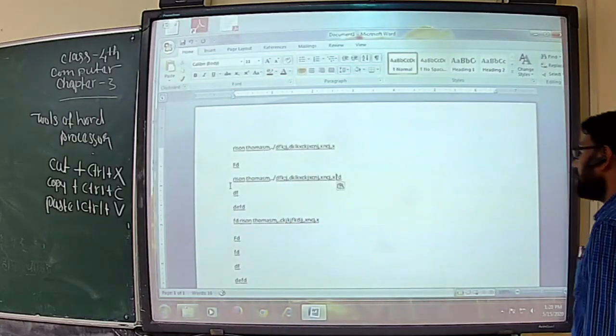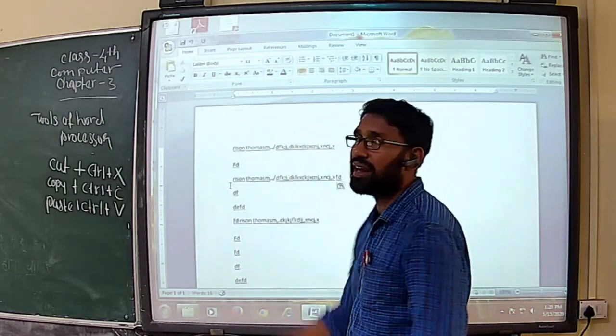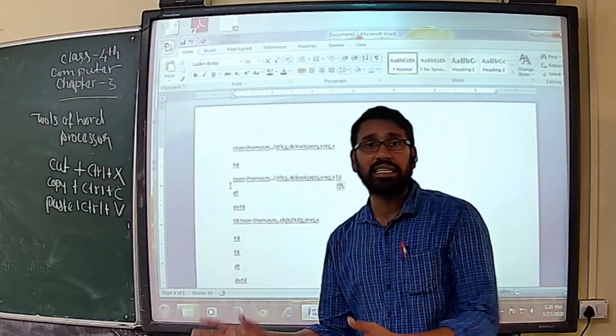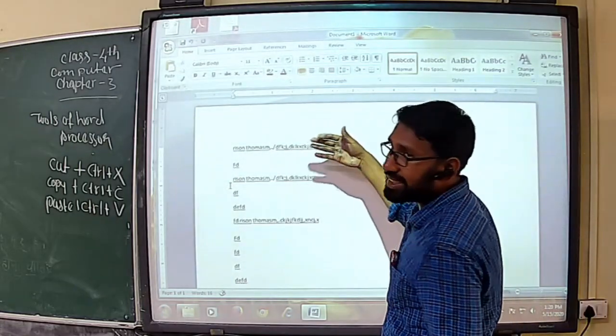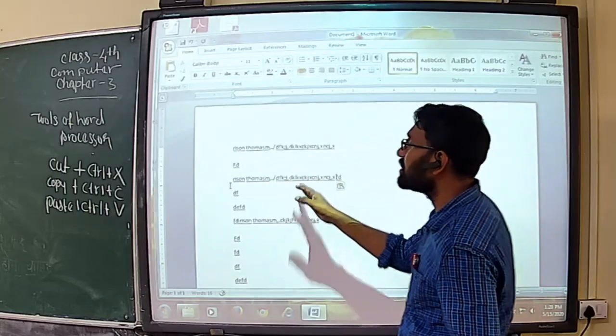So this is called copying. Taking the first line and pasting the exact clone on the third row. Clear? So the source text never gets deleted, and we get a clone or copy of the text in the third row. That is called copying.